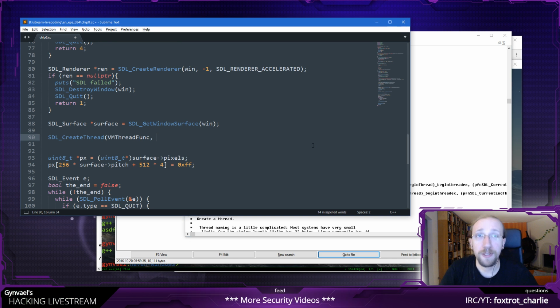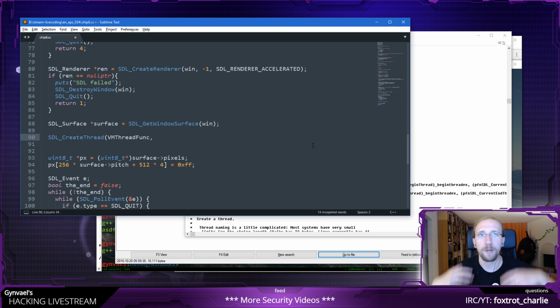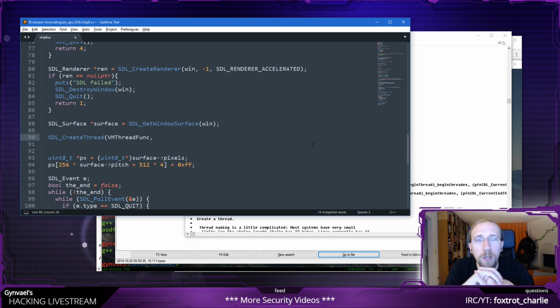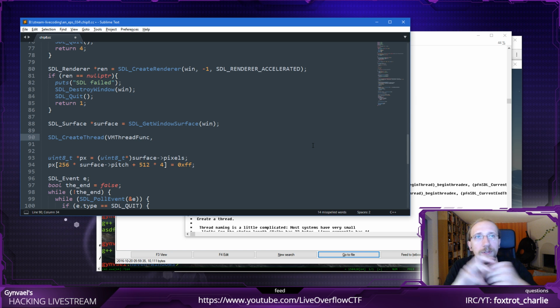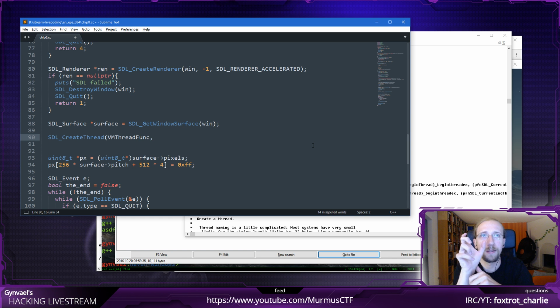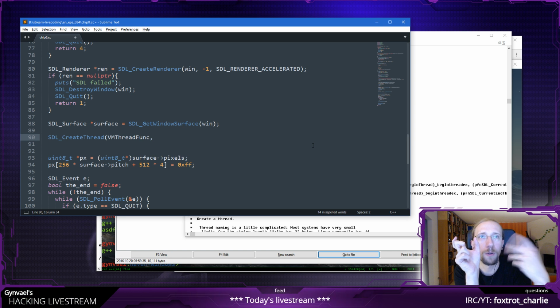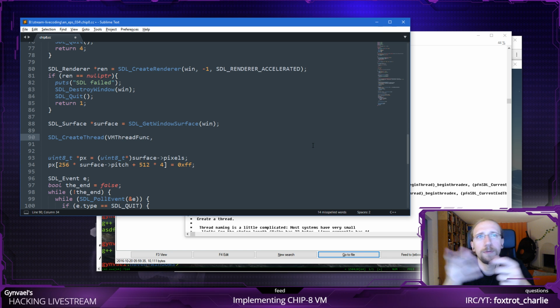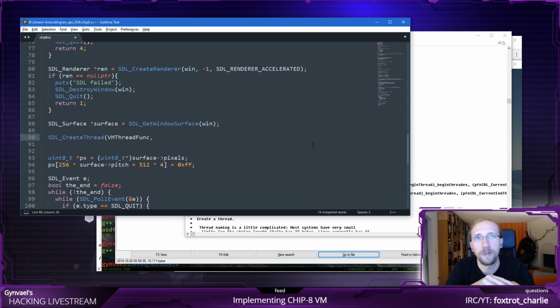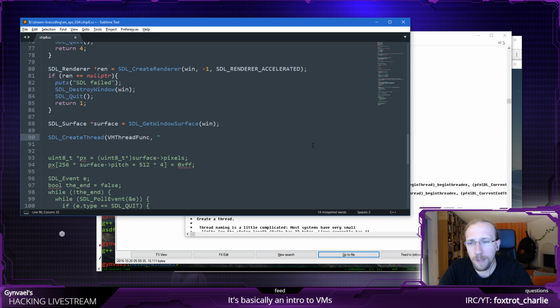Some threading systems let threads have names, and this is quite useful when debugging and getting a call stack, and you see the thread ID, but you don't know which thread it is in a logical sense. If you can name the threads, then you get the name next to it, and you can say, oh, this is the renderer thread or the event thread. It's quite useful actually. So I'm going to call it the VM thread because this is the VM thread.